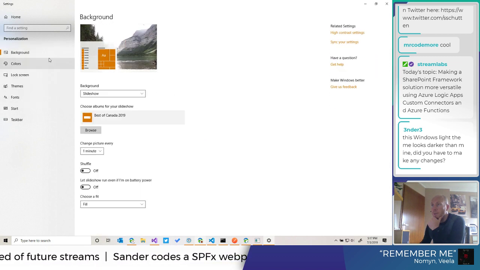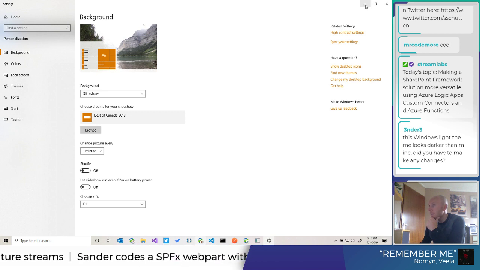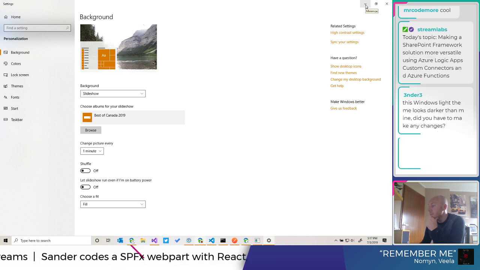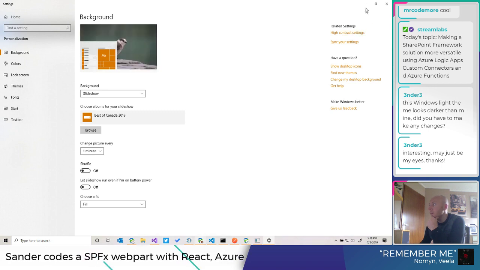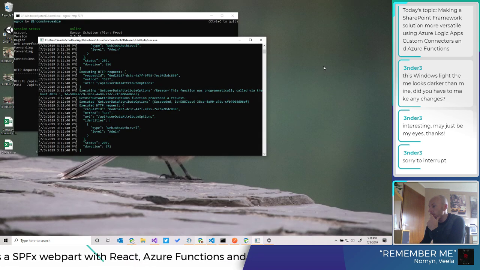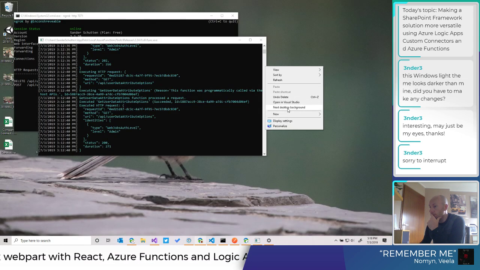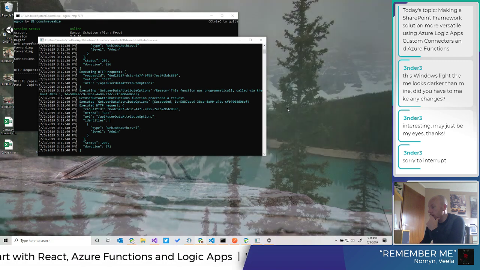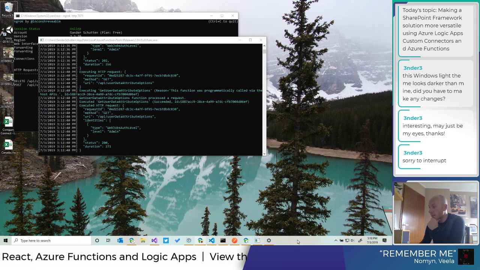Didn't do anything special. Maybe it's because of my background. Does it shine through? Let me check. What if I switch to the next background? It shines through the taskbar a little. So maybe you have a very light background. I'm not sure. I don't think I did anything special, but no worries to interrupt. Always free to ask.